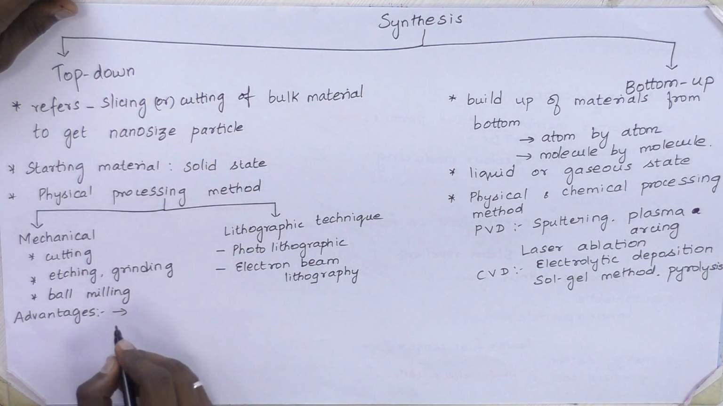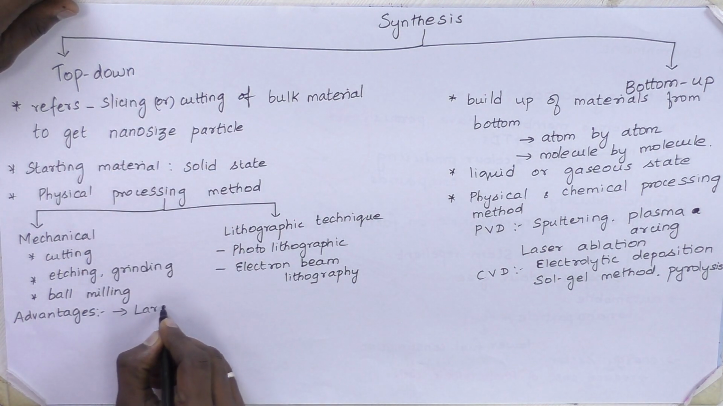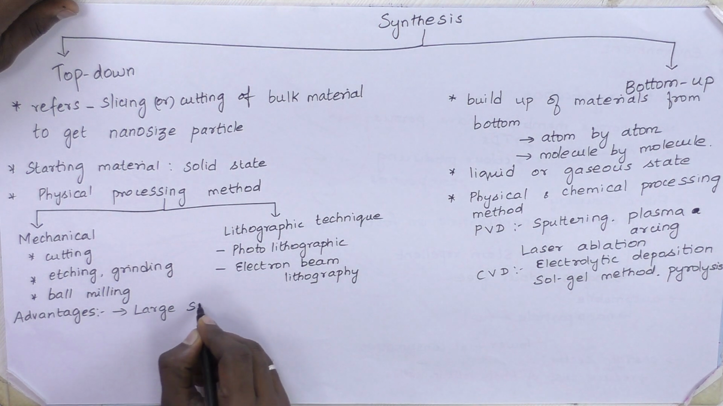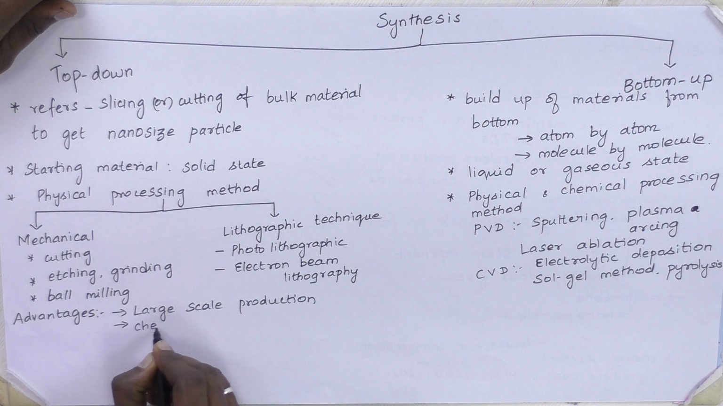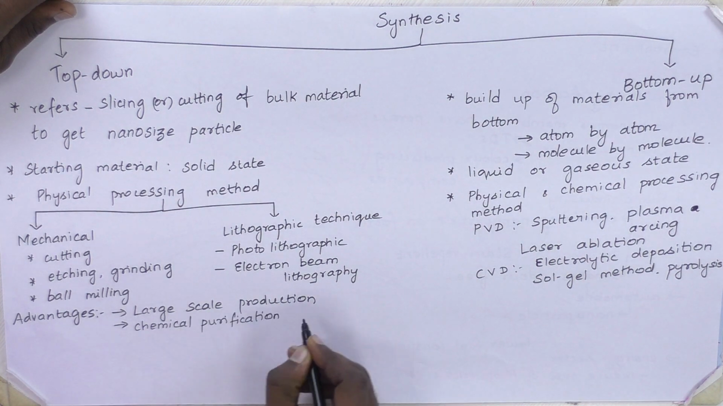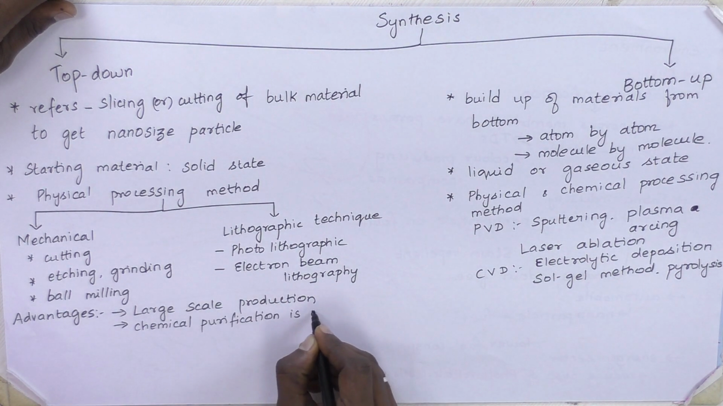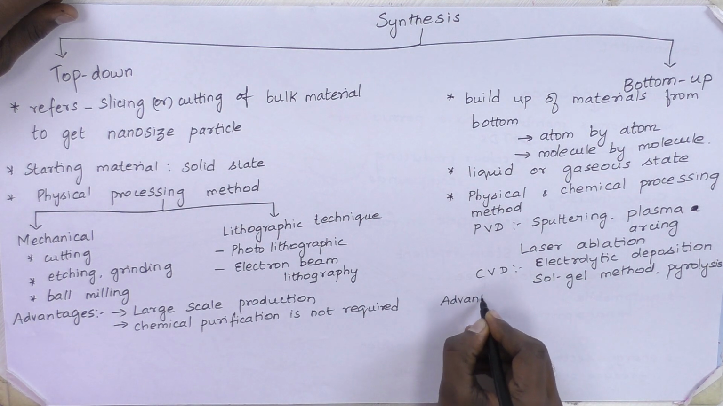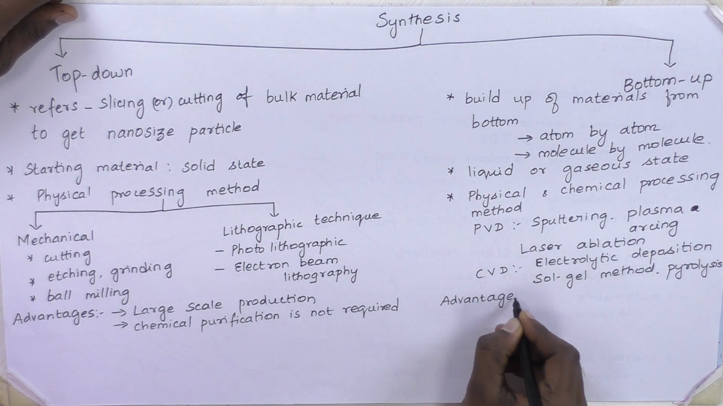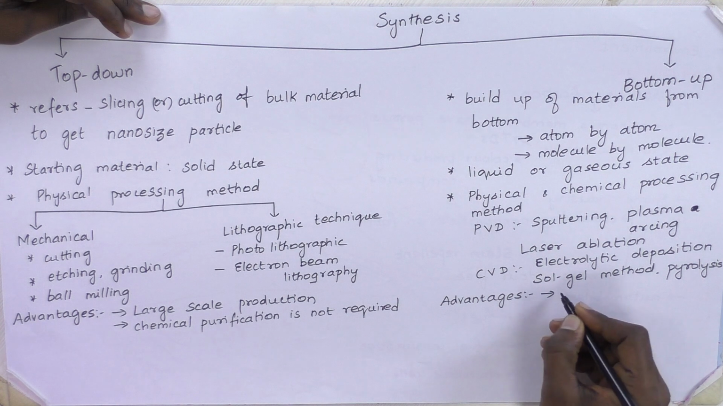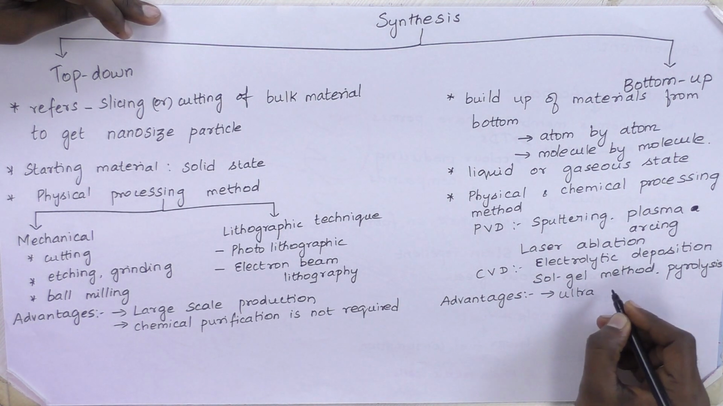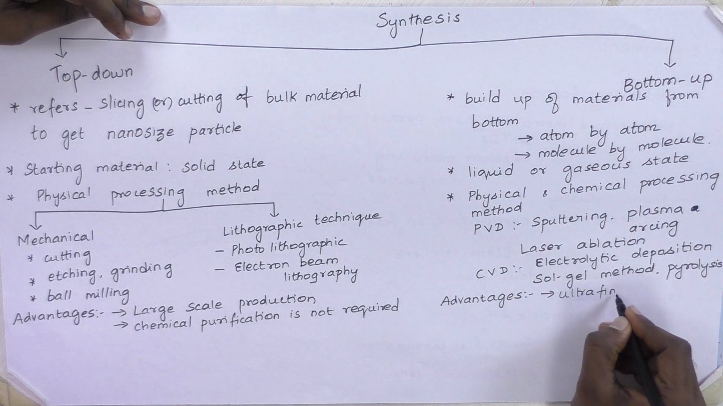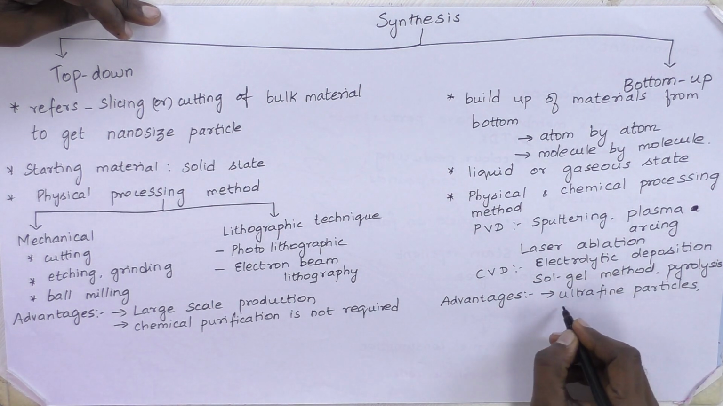This method enables us to produce nanomaterials in large scale production. Chemical purification is not required. And what are the advantages of the bottom-up method? Using this method, we can produce materials with ultra fine particles, nanoshells,